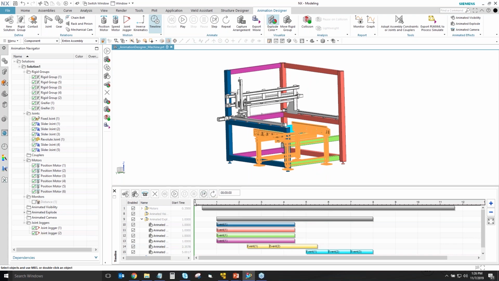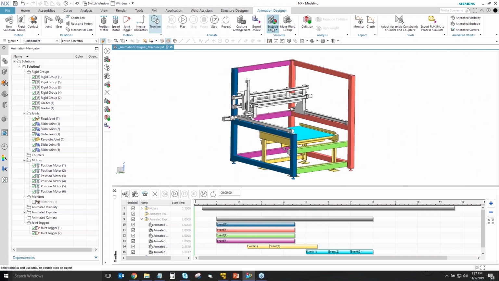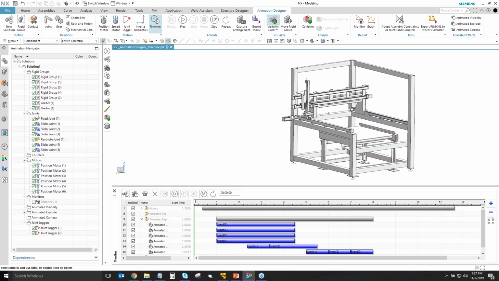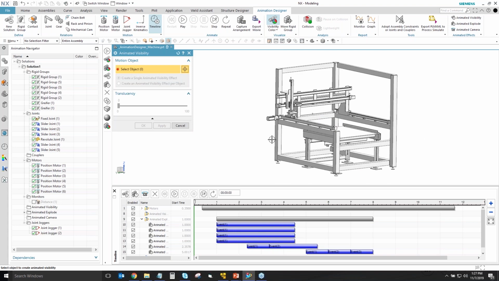Now might be a good time to hide things over time. So what we're going to do, I'm going to change our color option again. You don't have to do this, but it's my personal favorite way of working. I want everything to kind of start disappearing. So I'm going to go to my animated visibility, and I'm going to grab this entire frame here, this little guy, and we will